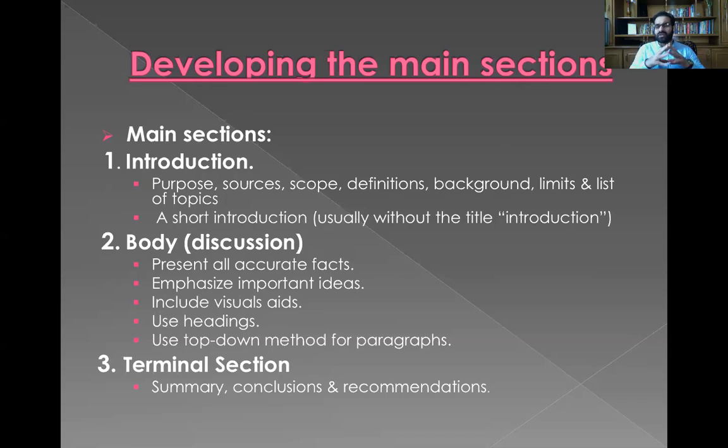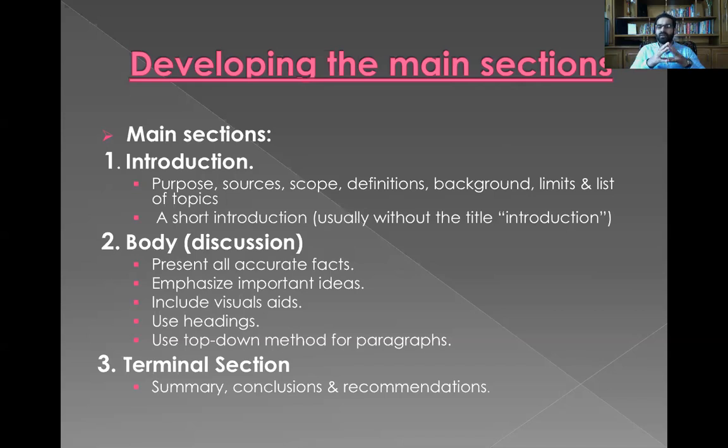Anyhow, use headings in the report. You're supposed to use headings in a proper way, so that whoever is following you is following through a proper track. For example, if he just wants to read your suggestions, he does not have to hunt for where you put them. Instead, he will go straight to the heading and find the suggestions over there, and will understand and take the idea from your report, whatever you had to transfer.